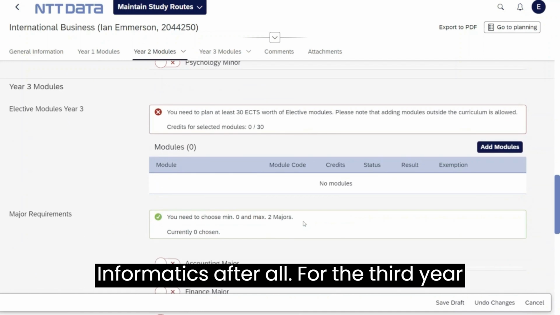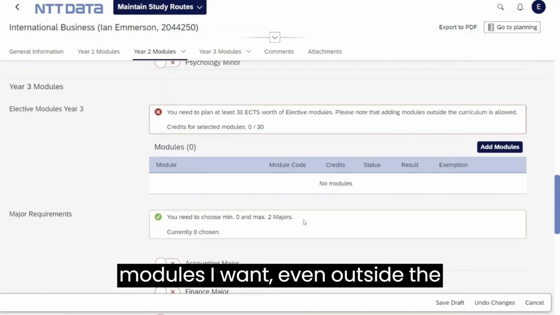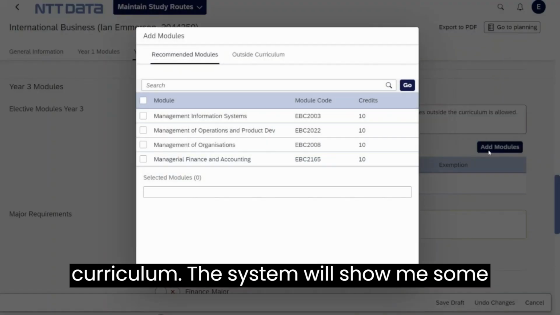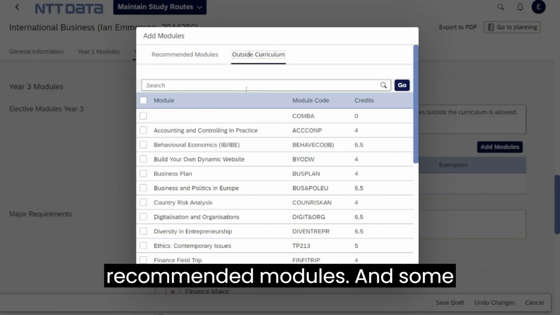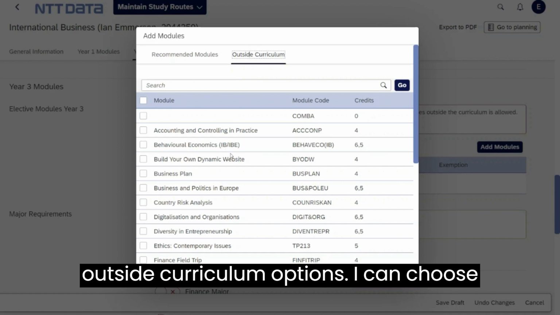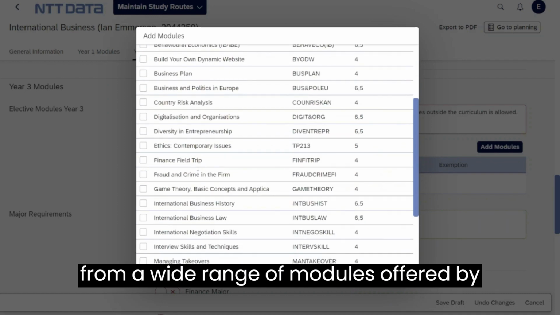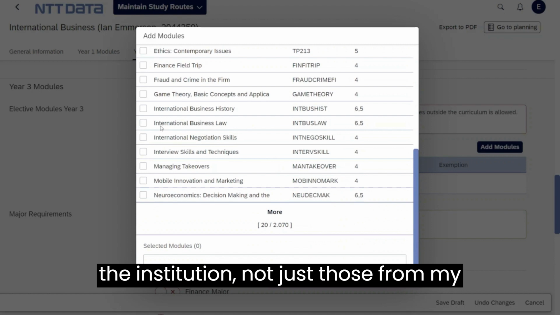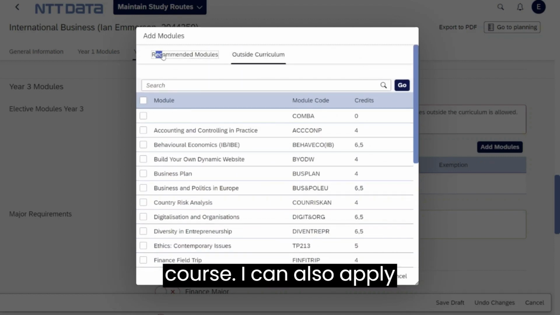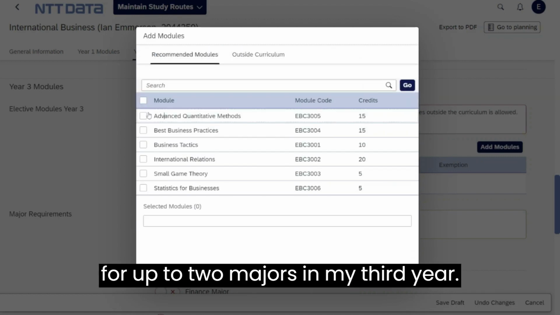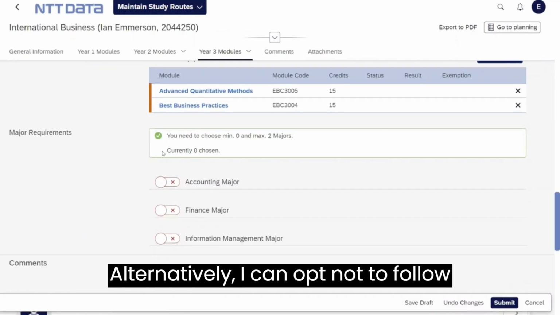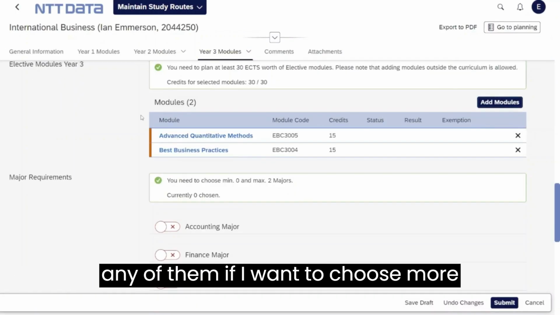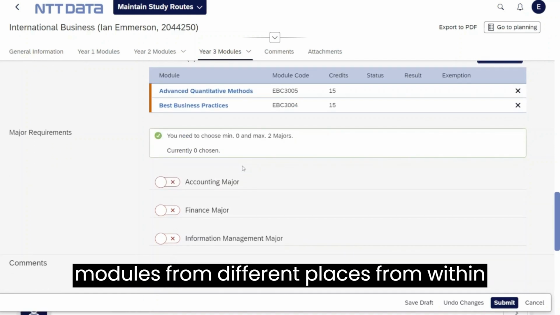For the third year, I have complete freedom to choose any modules I want, even outside the curriculum. The system will show me some recommended modules and some outside curriculum options. I can choose from a wide range of modules offered by the institution, not just those from my course. I can also apply for up to 2 majors in my third year. Alternatively, I can opt not to follow any of them if I want to choose more modules from different places